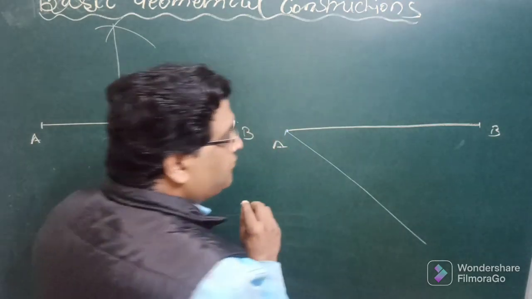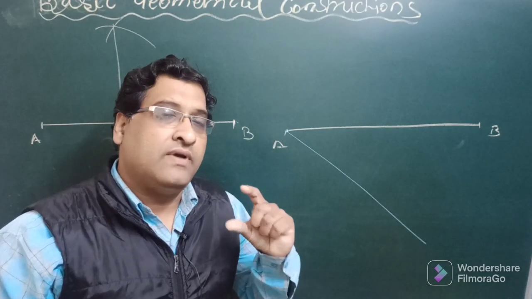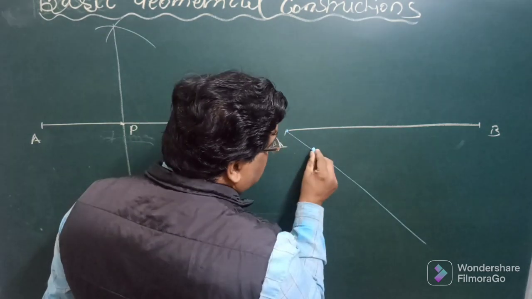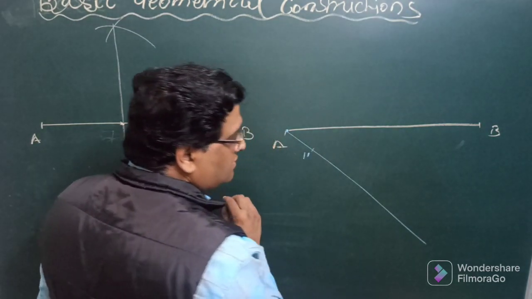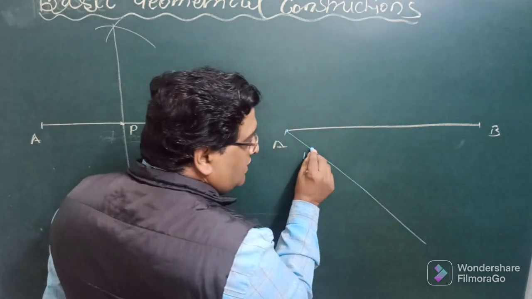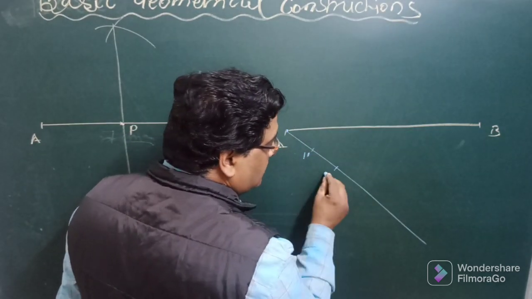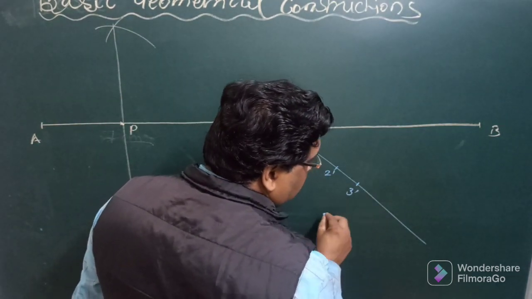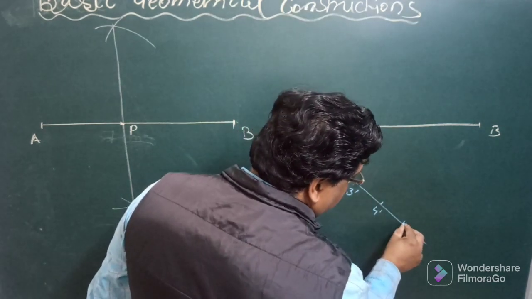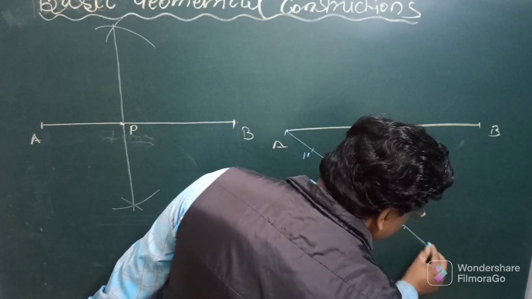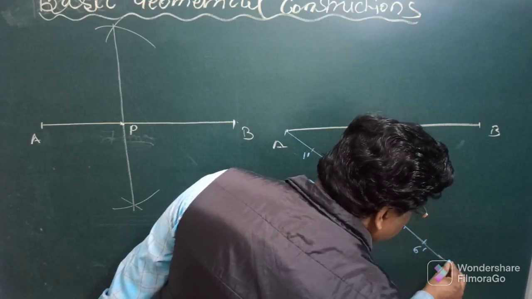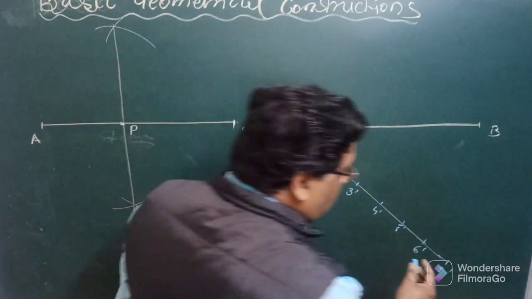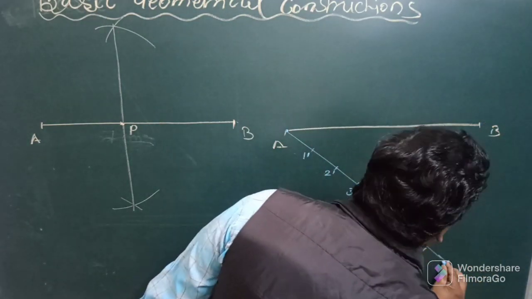Then starting from A, take any arbitrary radius on divider or compass, any radius which you like, and start from here. Take A as center, cut one mark here which may be given the name 1 dash. Then take 1 dash as center with the same radius, cut another one, 2 dash it will be. Then 2 dash center, 3 dash will be obtained. Then 4 dash, 5 dash, 6 dash, 7 dash, or whatever the number of divisions required. Then join this last point with the point B,